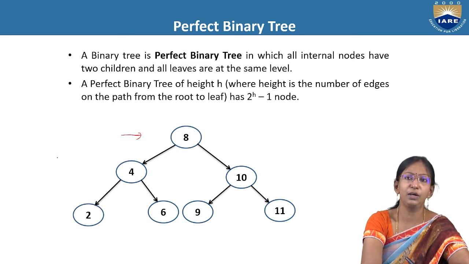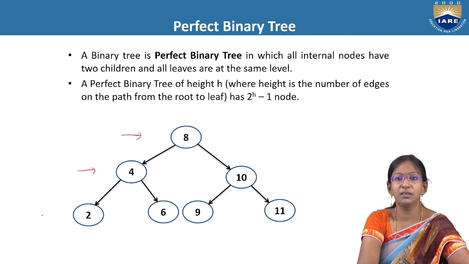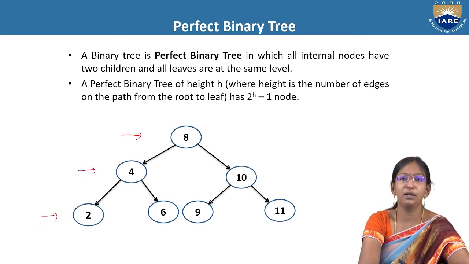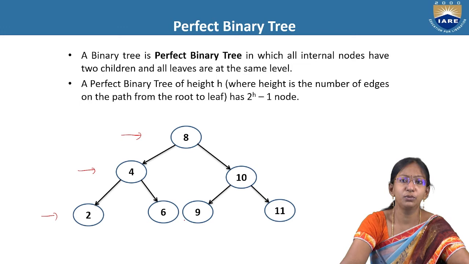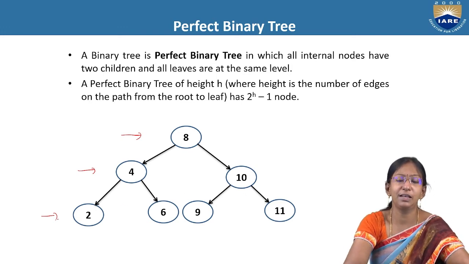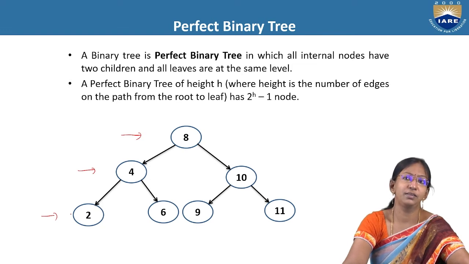0th level is filled with 8. First level is filled with 2 elements. Second level is filled with 4 elements. You do not find any vacant one, right? And all the leaf nodes are at the same level, which is level 2, right? This kind of tree is nothing but